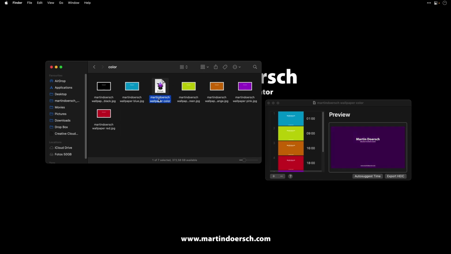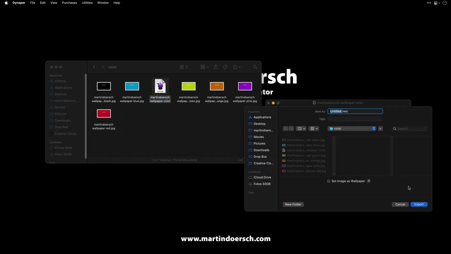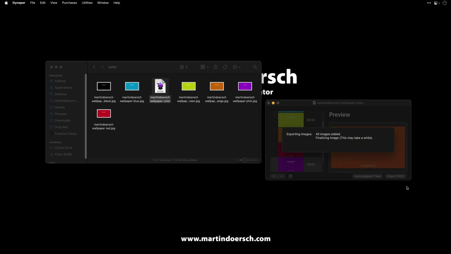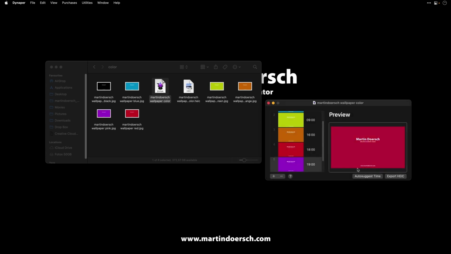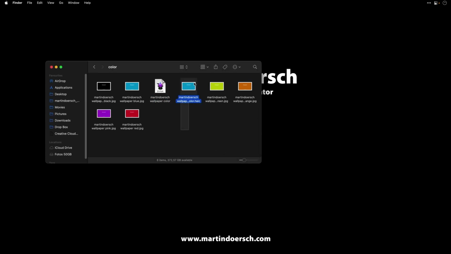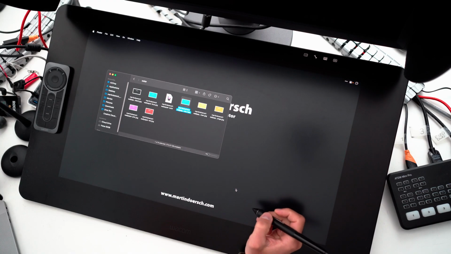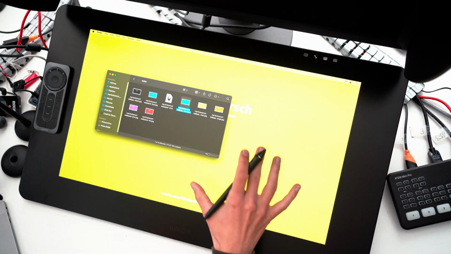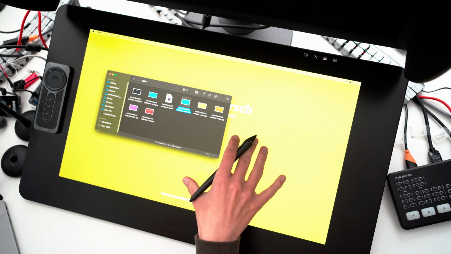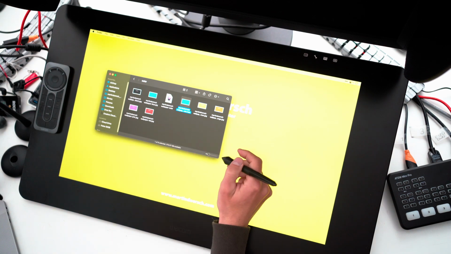So here is my project saved, and now I can export as an HEIC, and again to the same location, export, and it's now ready. So this image is my interactive wallpaper, and I can set it in the same way over the services, set as desktop picture. And when I click on it, the Mac system will choose the right color depending on the